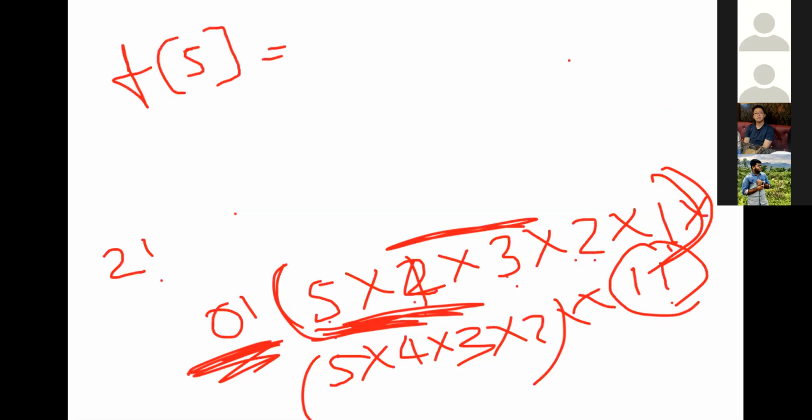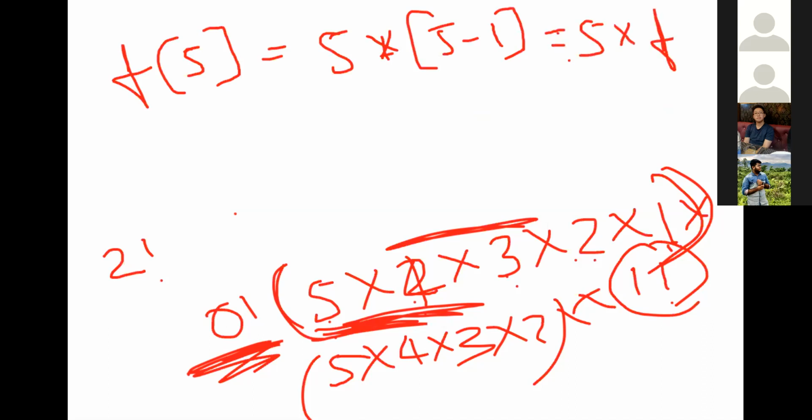How to go? 5 into f of 5 minus 1, or f5 is 5 into f of 4.